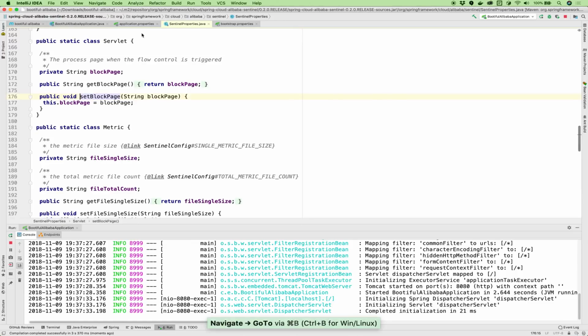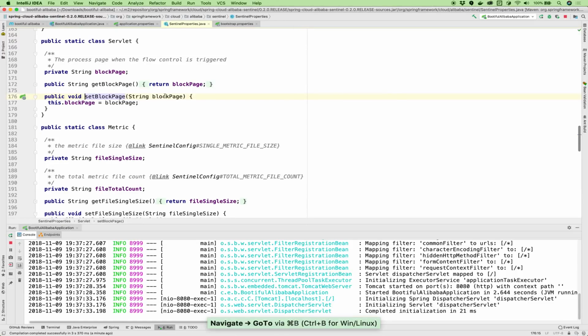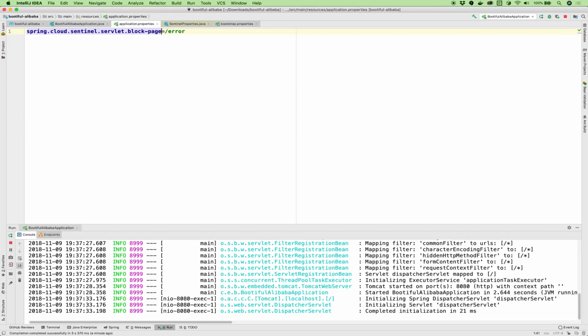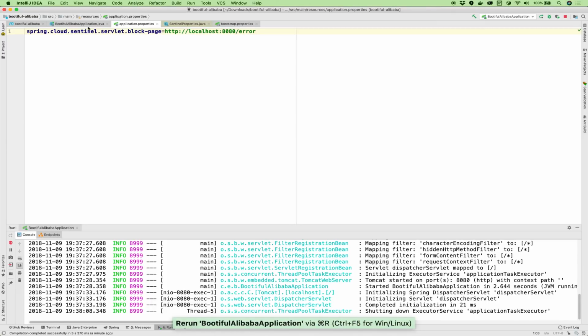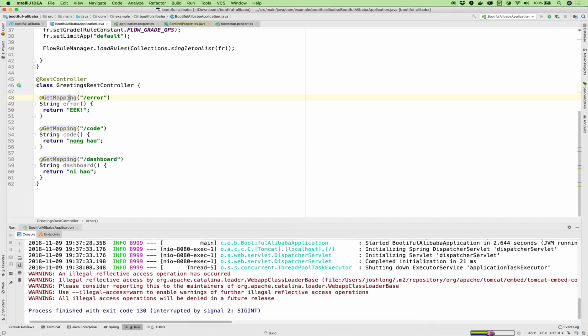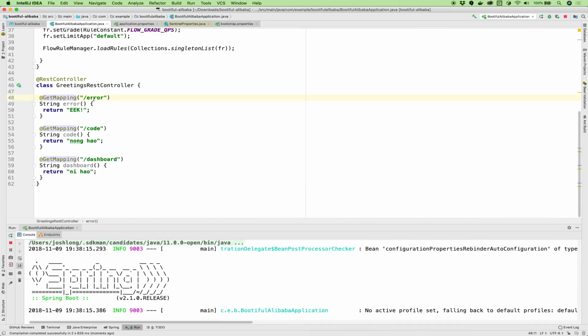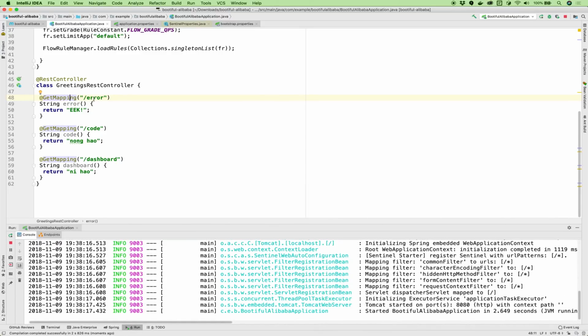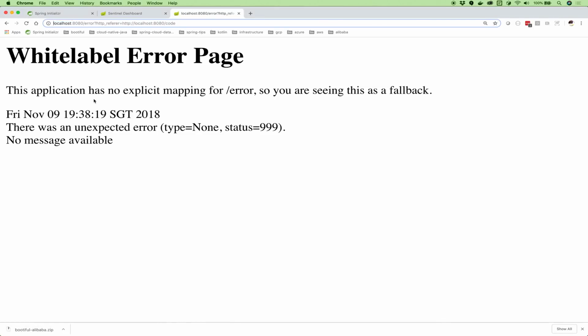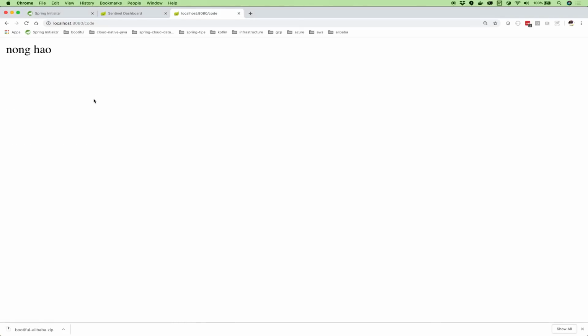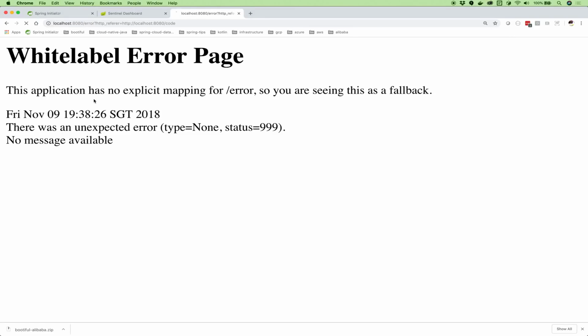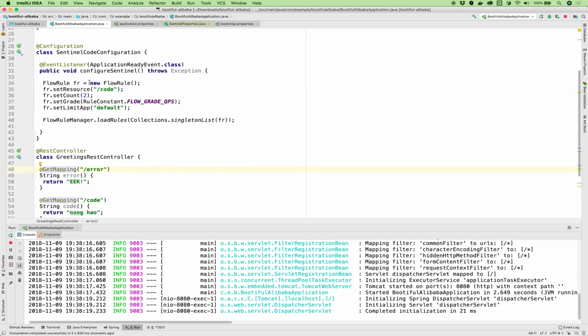This should be, am I doing something very wrong here? Let's see, HTTP, localhost 8080/error. I feel like that should be obvious. Get mapping, error, right? Looks okay to me. That is so weird. It's saying no explicit endpoint for error.